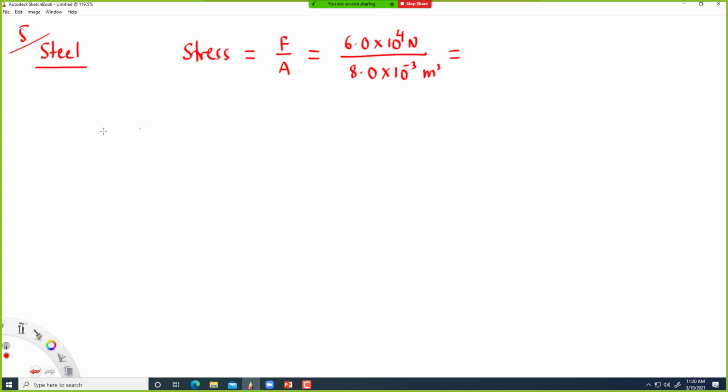And then we want to find delta L, and we are given L. So strain is defined as delta L over L. Delta L is not known, but L is given. L is 4 meters. And then we know the relationship between stress and strain. Young's modulus is defined as stress over strain,